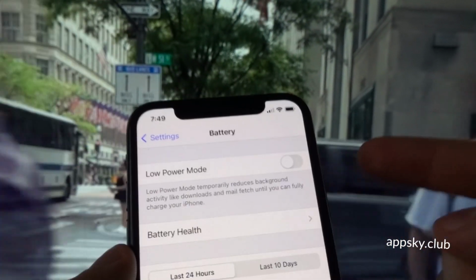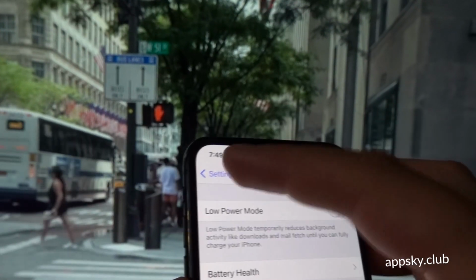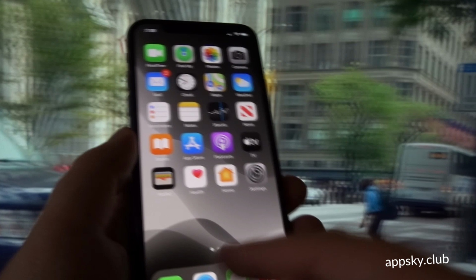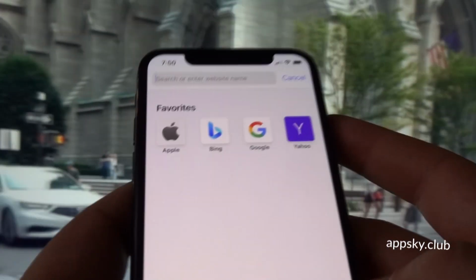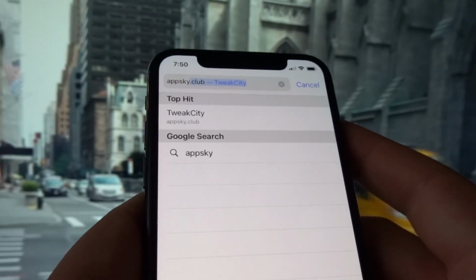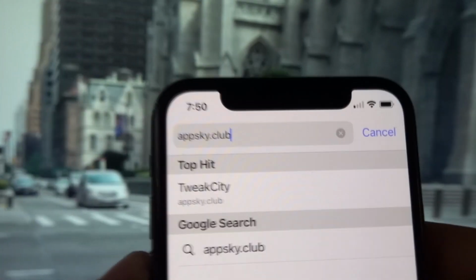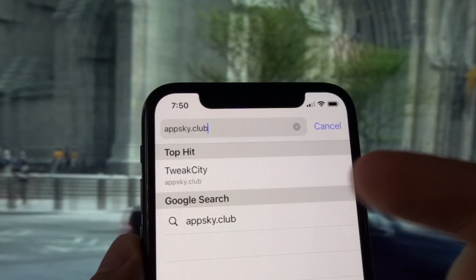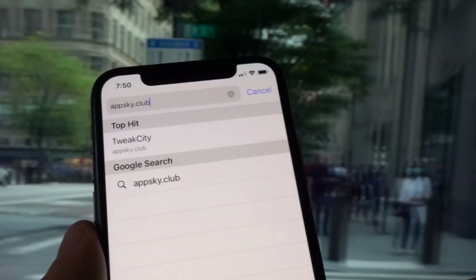Once you've made these 3 adjustments within the settings of your phone, simply close and exit the settings and open the browser for which all the cookies have been unblocked, and in my case it's Safari. And into the search engine bar of that particular browser, type in this pretty carefully and correctly, which is appsky.club. Right guys, type in appsky.club and click search, and a list of modded games and apps will appear right in front of you this way,